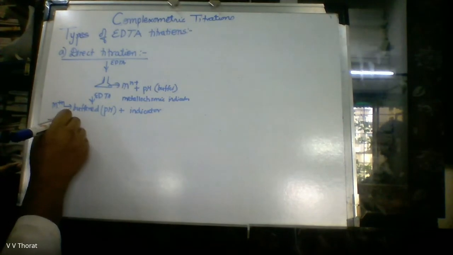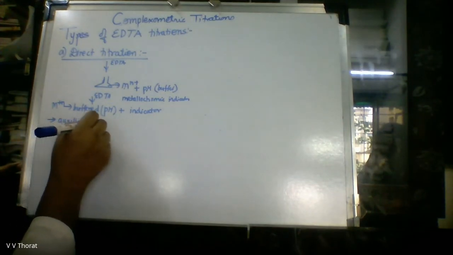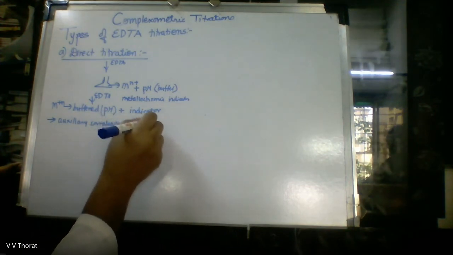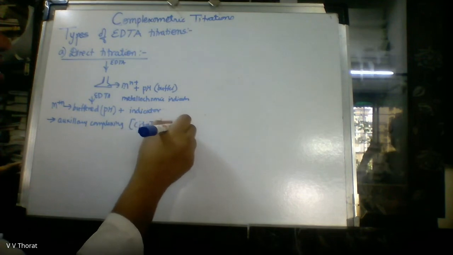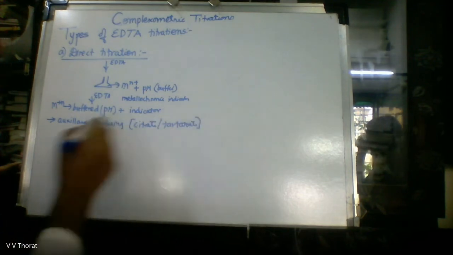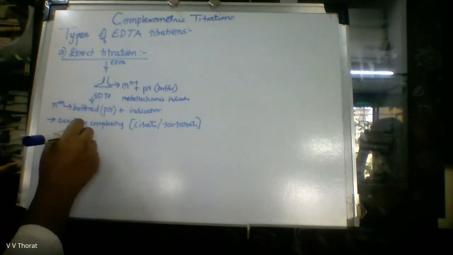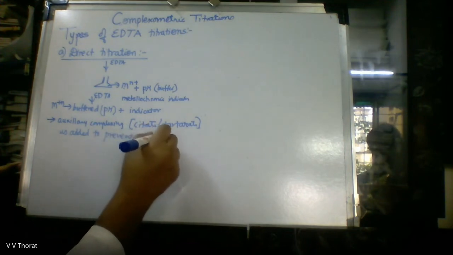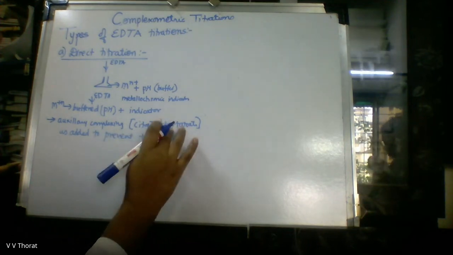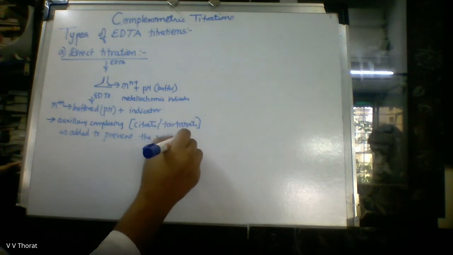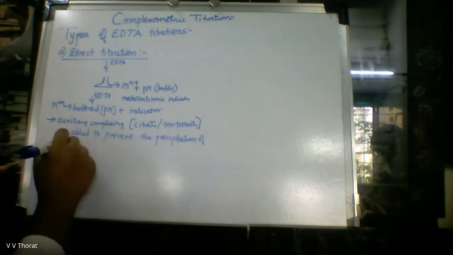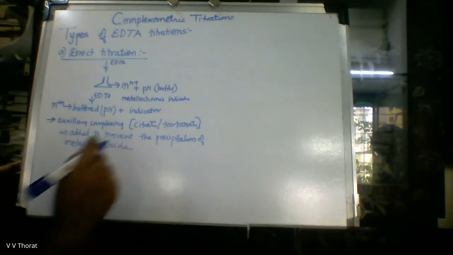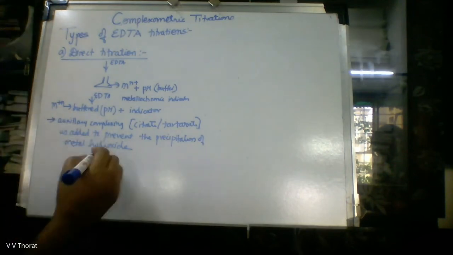Sometimes auxiliary complexing agents like citrate or tartarate are added to prevent the precipitation of metal hydroxide. What does this line indicate? See, sometimes what happens when you are adjusting pH about